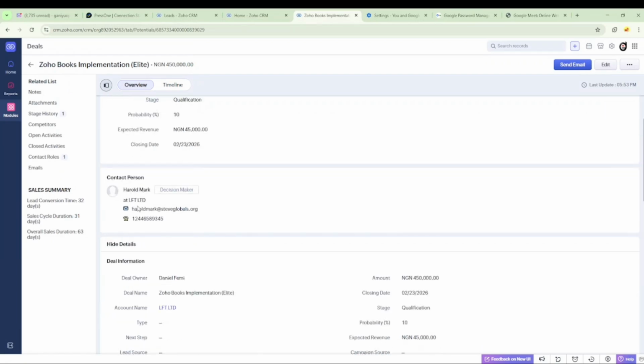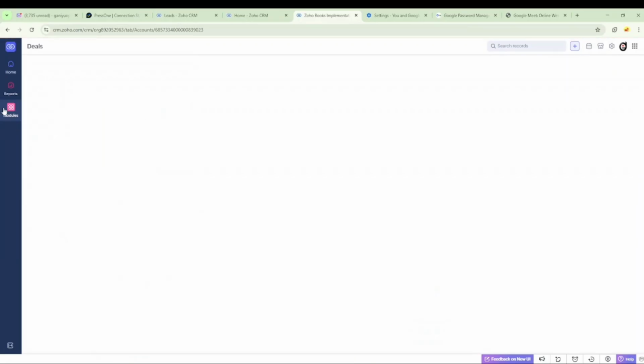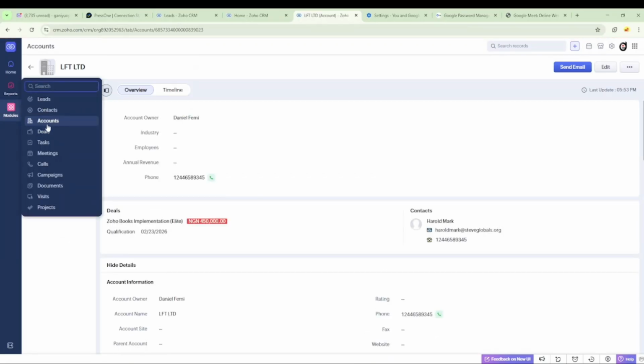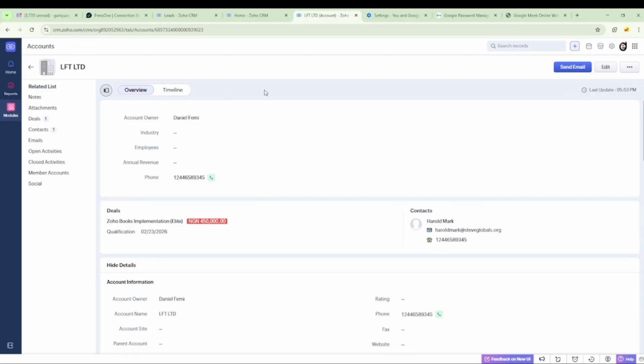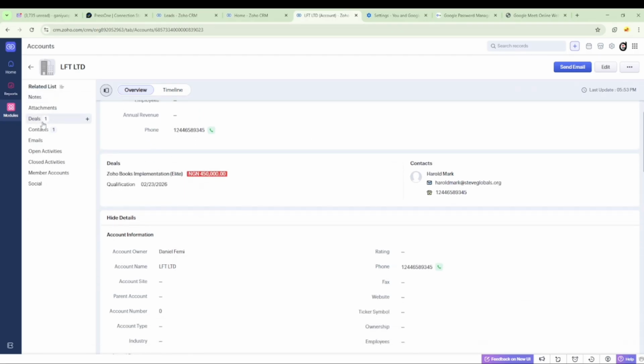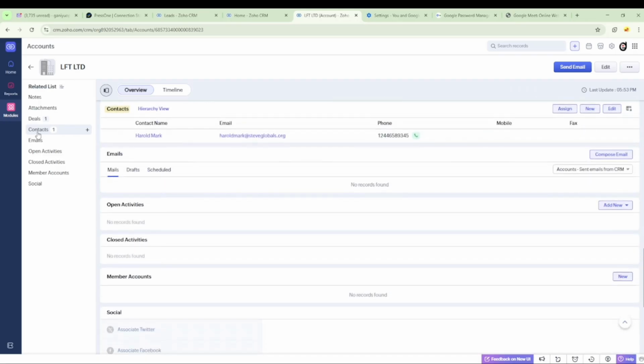So here now we have, once we click on this now, this is the account. Once you click on this now, the system is going to take us to the account module now. You're gonna see that we'll be taken to the account. As you can see, we are currently in the account module, right? So this is the account module, right? And for the account module, there are going to be contacts. So let's say